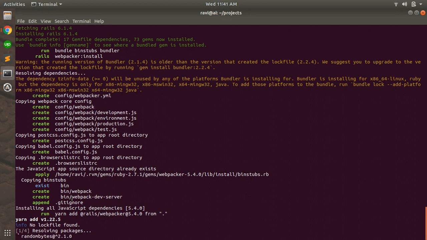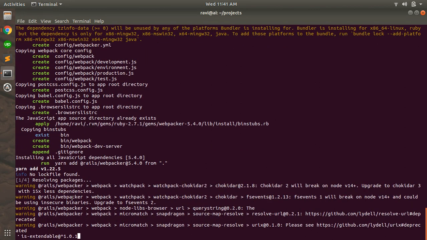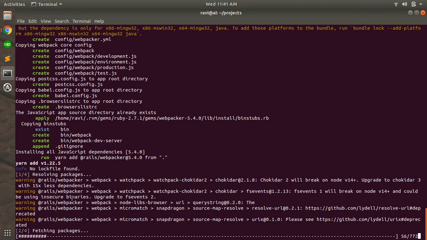And we need this Webpacker to manage our assets and we will add Bootstrap, Popper, and jQuery using Yarn in the next part. So in this part, we will only focus on creating this application, and as a second item, we will create our own welcome controller or home controller to set a custom landing page.